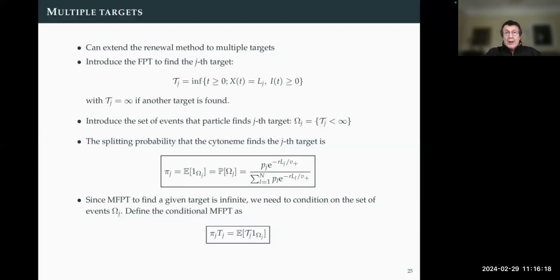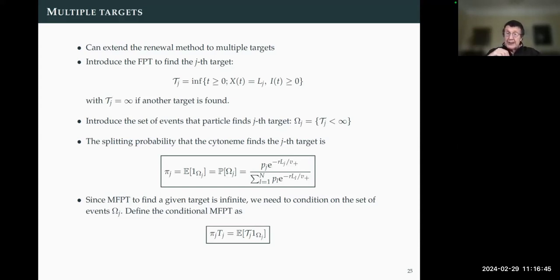So, final ingredient, we can now combine this with the notion of, let's generalize this to the case where we have multiple targets with failure, and calculate the probability that I grow in the direction of the jth target. And now it gets a lot more complicated, so I'm not going to write down any formula, but you can do it analytically. But I just want you to notice the formula for the splitting probabilities.